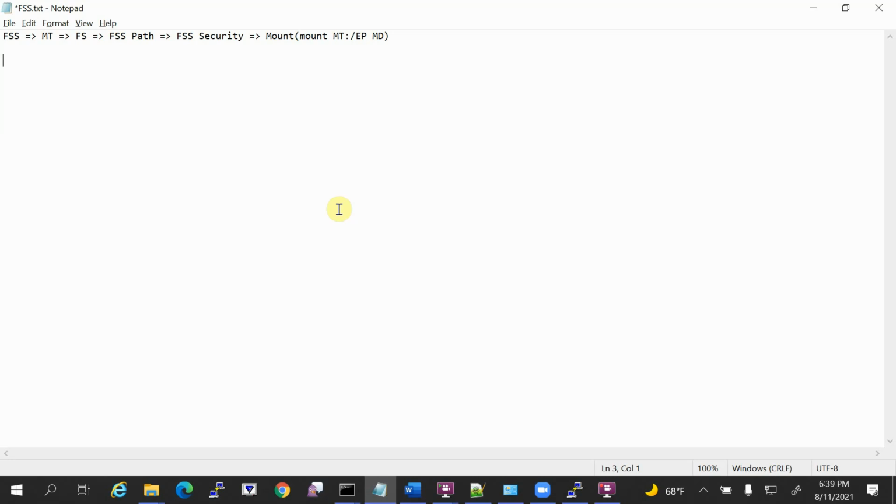If you are an Oracle application DBA, you know we have a concept called shared Appletop. That means the same application binaries you are going to share between the compute instances. So in that case, yes, you have to go for FSS.